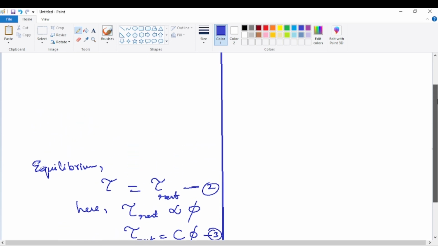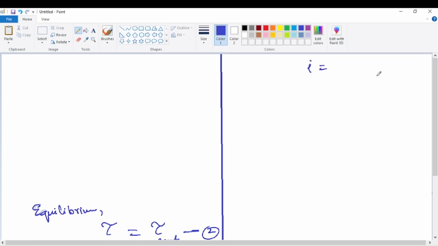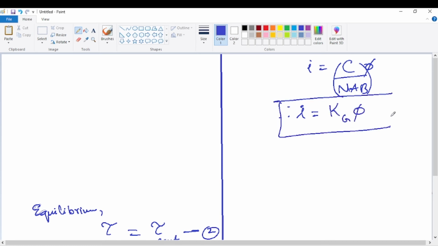So the next step will be I is equal to, keeping NIAB on the left-hand side, NAB taken to the right-hand side, and C5 is already there on the right-hand side, C5 divided by NAB. So C by NAB is a constant here. Therefore, the current passing through the galvanometer is C by NAB, which is entirely constant. It is simply called the galvanometer constant into phi. So this is the final equation. This is the completion of the derivation as well as the topic.